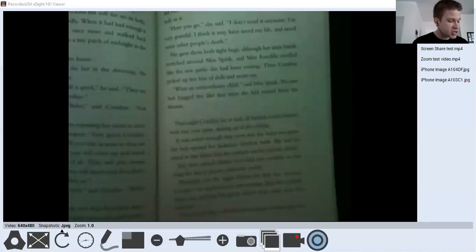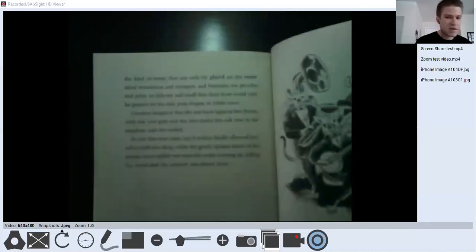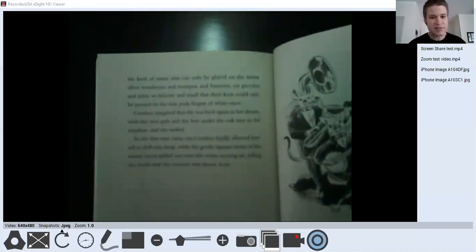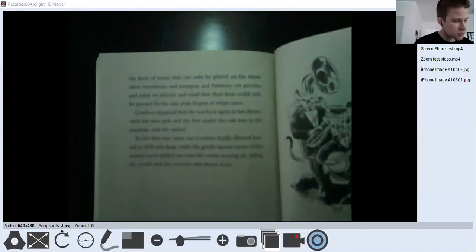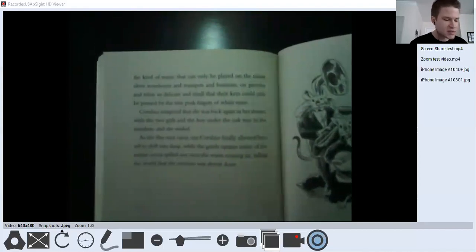She fancied she could hear sweet music on the night air. The kind of music that can only be played on the tiniest silver trombones and trumpets and bassoons, on piccolos and tubas so delicate and small that their keys could only be pressed by the tiny pink fingers of white mice.